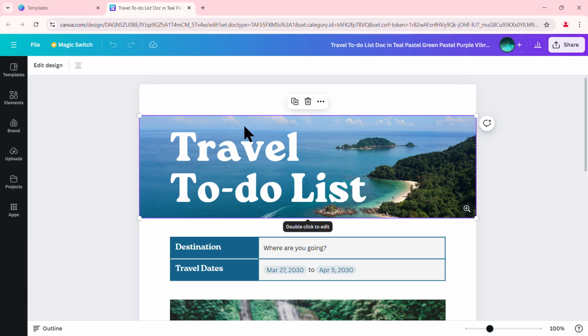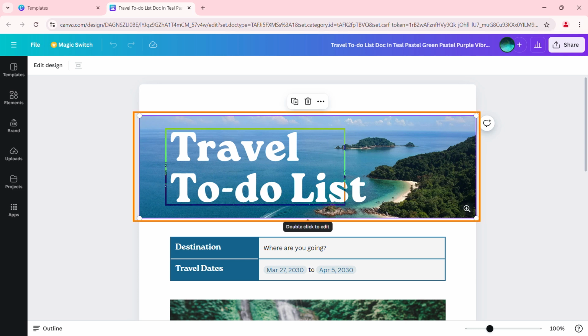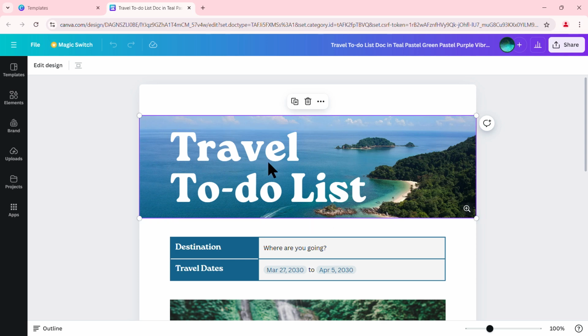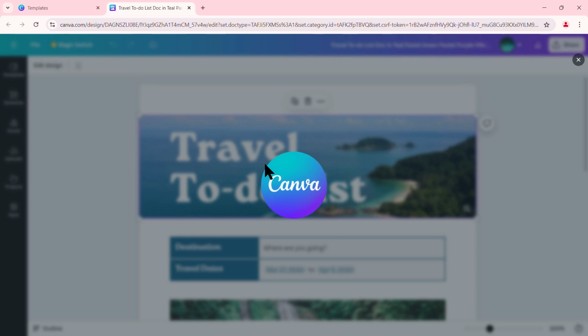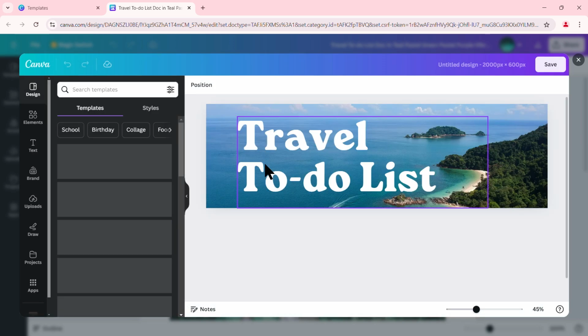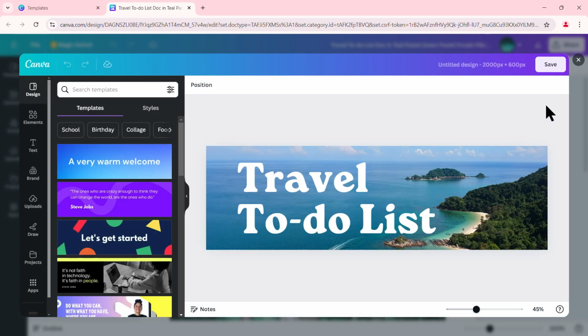At the very top, we can see a big header. This is actually a content placeholder. So this is a rectangular placeholder, and inside of this placeholder, we have a text placeholder, and then we also have an image. So this is actually 3 kind of in one, layered into one here. If I click right here inside of my travel list, it's not really working here. If I double click, this will open up the design options that are available for this grouping of elements here,